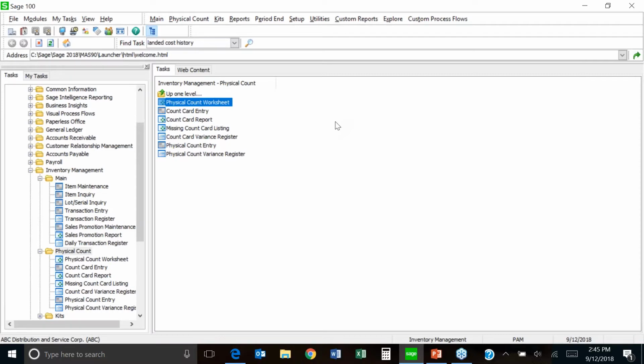My staff is going to do their count. My salespeople are going to continue to sell. My purchasing agents are going to continue purchasing. So your business does not have to come to a standstill as long as your inventory is frozen. And then as they bring those physical count worksheets back to me, I'm going to go into physical count entry,